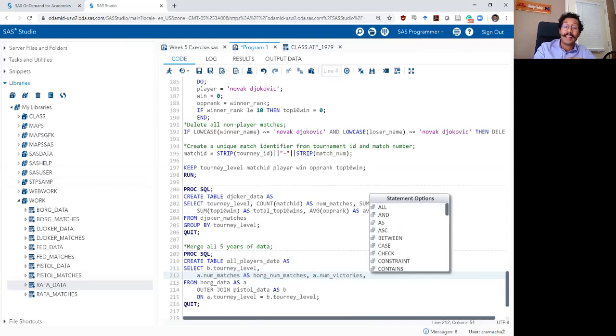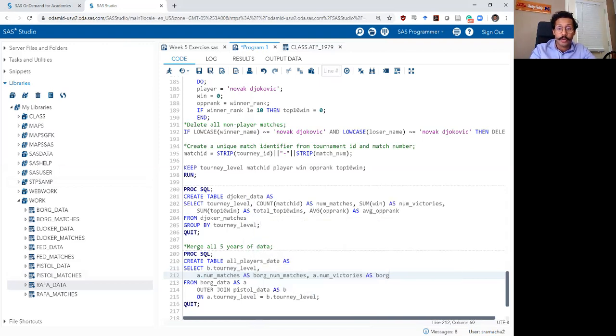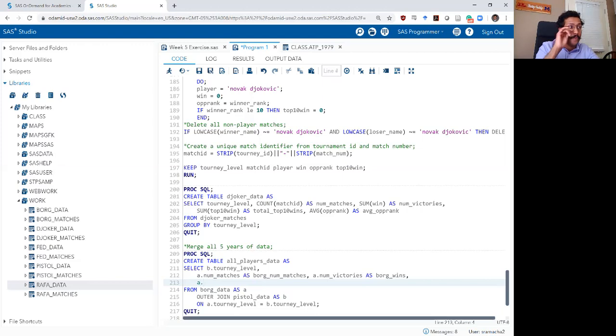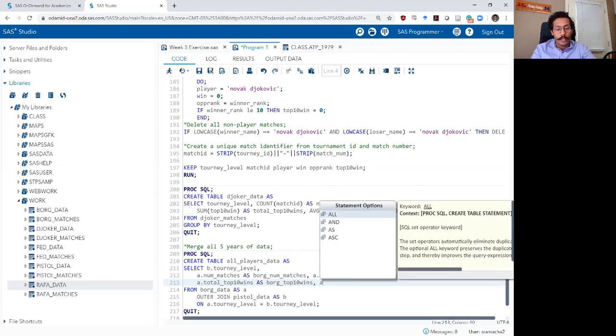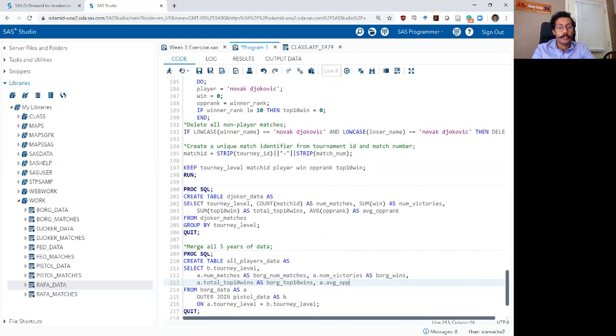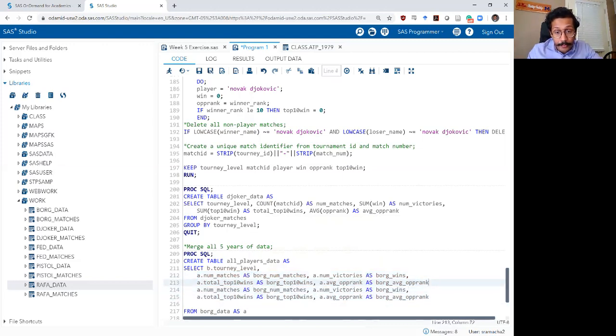If I'm pulling that from the A data set, I know the victories belong to Borg, so I'm going to call that Borg_wins. Then for the total top wins variable from the A data set, I know that is for Borg, so I'm going to call this Borg_top 10 wins. And then finally the average rank variable, which is going to be Borg_average opponent rank. And then I want to do the same thing for the variables from the B data set,